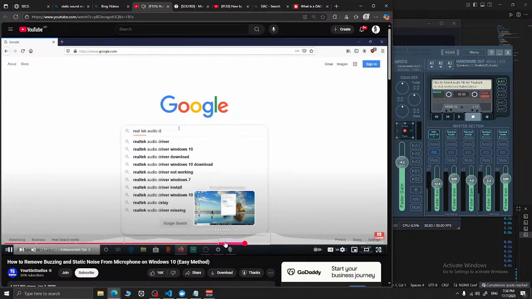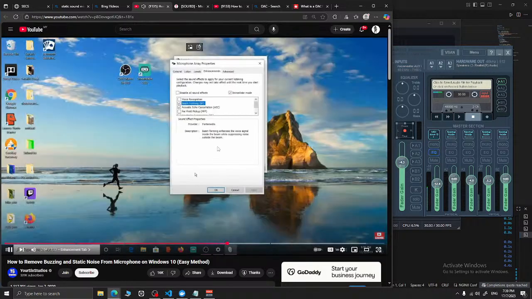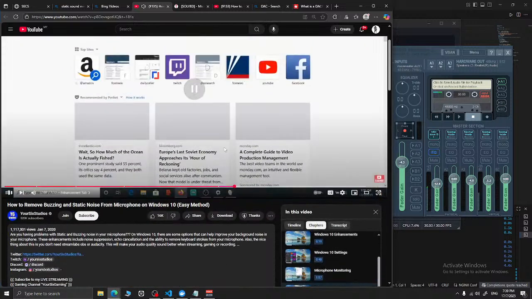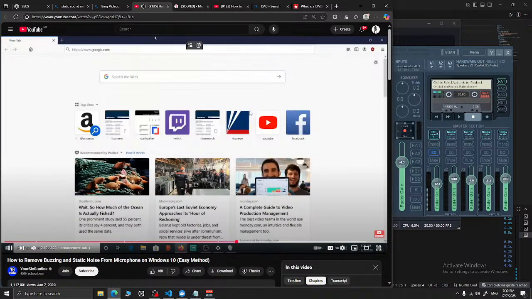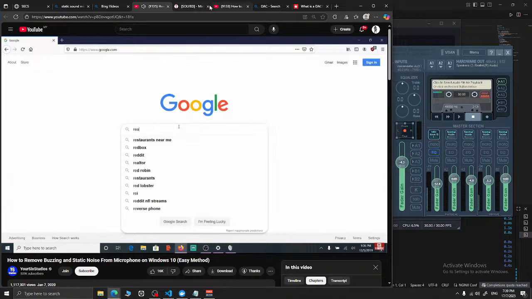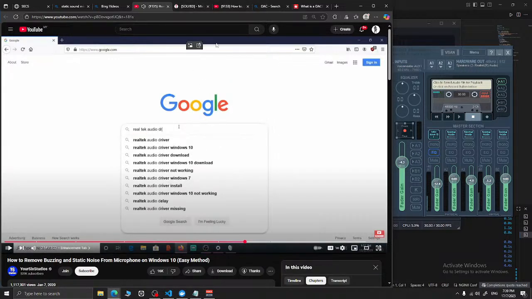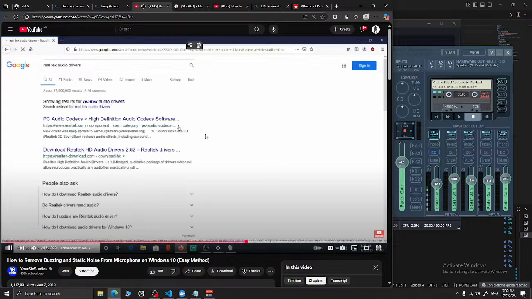If your audio drivers do not have this tab, open up a web browser and go to a search engine. I'm just going to go ahead and go to Google and type in Realtek audio drivers and hit enter, and it